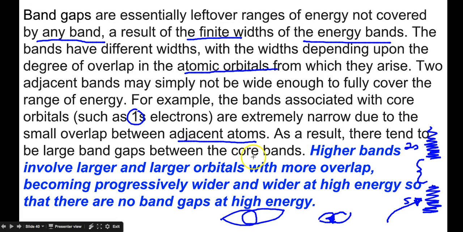All right, so higher bands involve larger orbitals with more diffuse electrons, more overlap, actually weaker covalent bonds, and become progressively wider at higher energy. So there are no band gaps at higher energy; the bands kind of blend together. So the bigger the gap close to the nucleus, the more electrons, and these orbitals are small enough. Okay, so in any case,